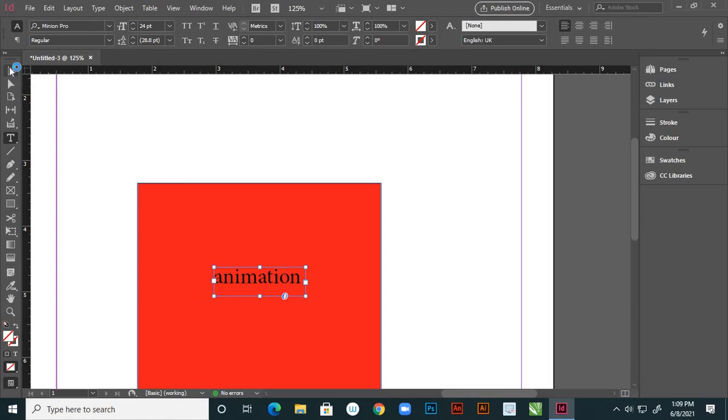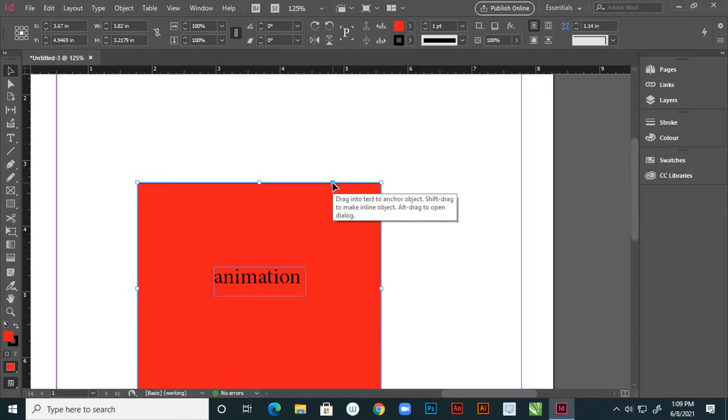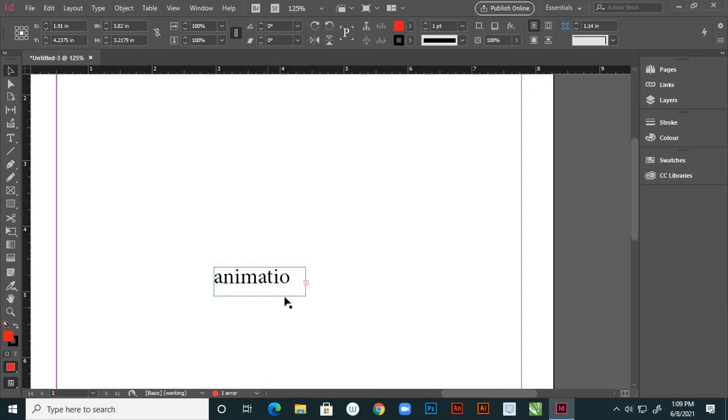Now, suppose here you click, and show the cursor: drag into text to anchor object, shift drag to make inline object. Pressing Shift and dragging, see, it is an inline object.